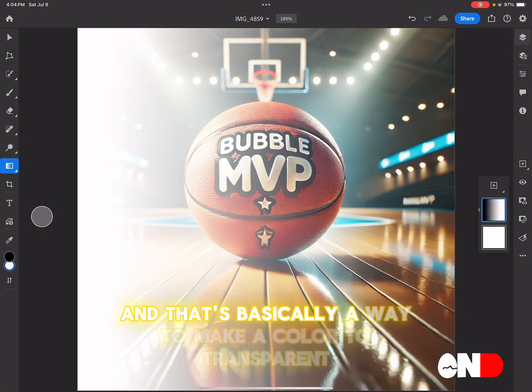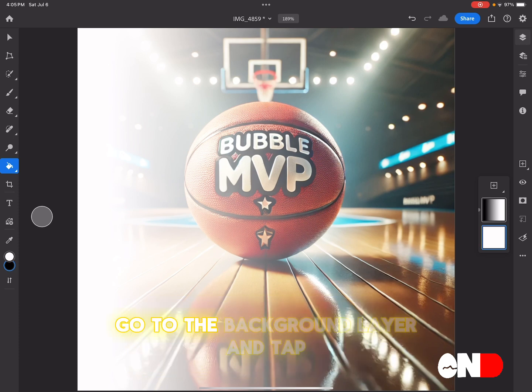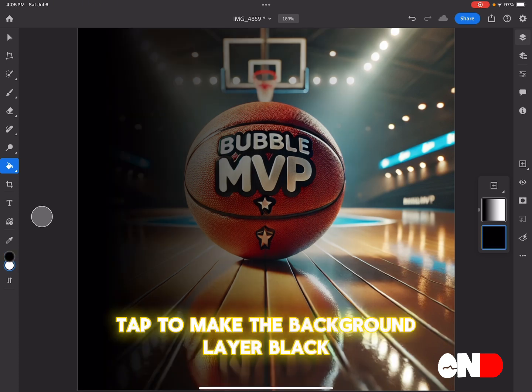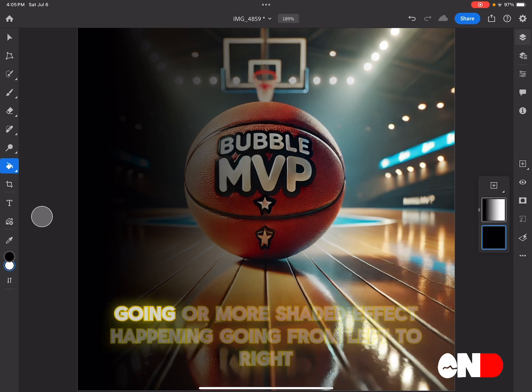And that's basically a way to make a color to transparent gradient effect. So if I want to change this back to the paint bucket, go to the background layer and tap to make the background layer black. Now we have more of a shadow sort of effect happening, or more shaded effect happening going from left